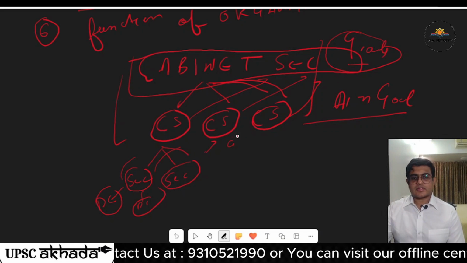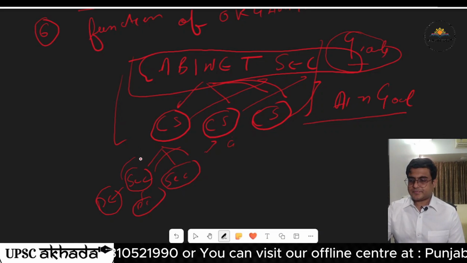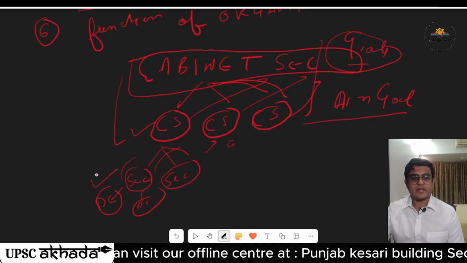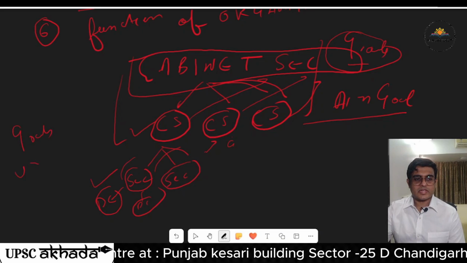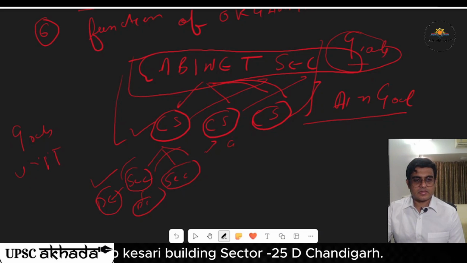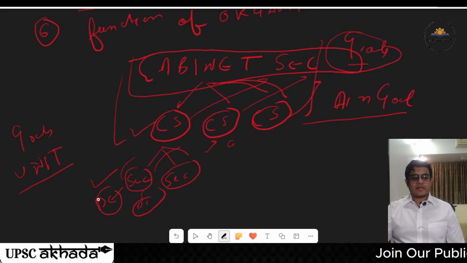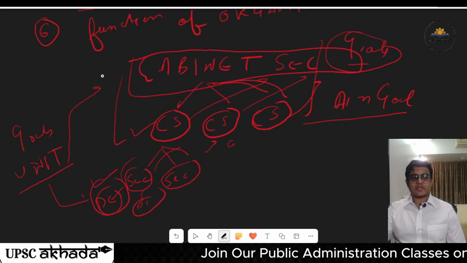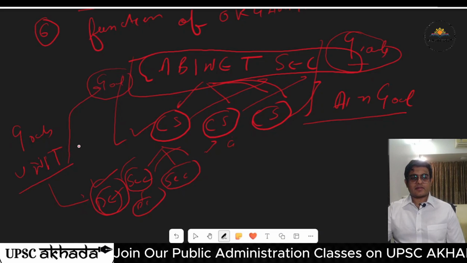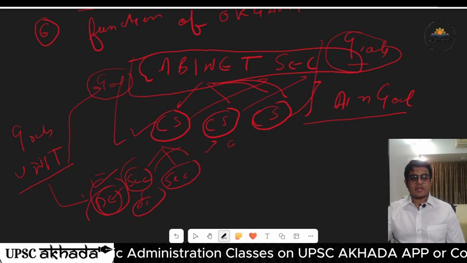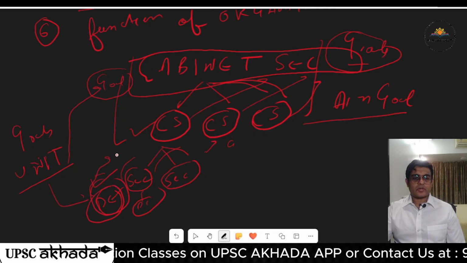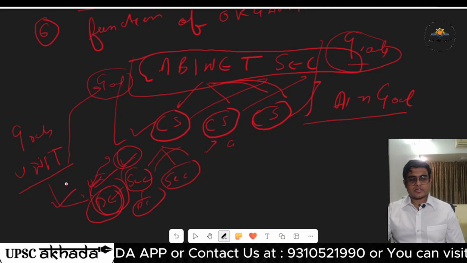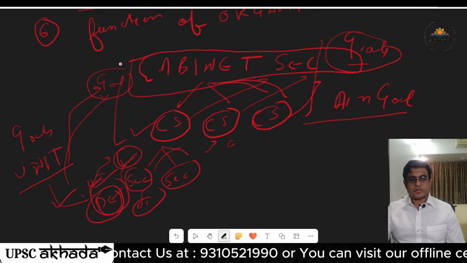Okay. So once goals have been formulated, he further says top-level managers should motivate the lower managers to formulate goals or objectives for the unit. Suppose a DC should formulate the objectives for that particular district, but the objectives should be in consonance with the broader goal. Once he has formulated the goals and objectives for his unit, that is the district, he should get approval from the higher authorities. Once approved, this becomes the unit's goal, and these goals will be integrated with the goal of the